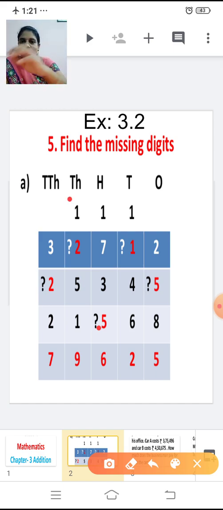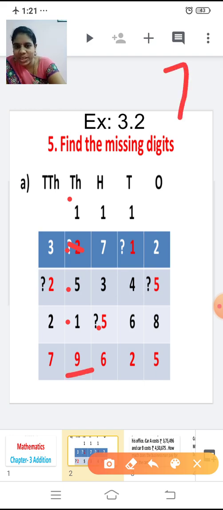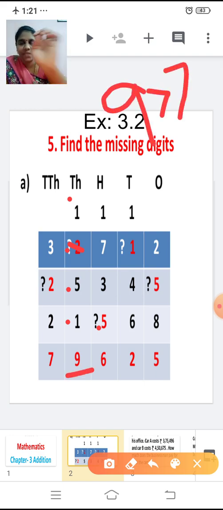So this 1 is carried over here. Now let's add the thousands place now. This we are going to find out. 1 plus 5 is 5 plus 1. 5 plus 1 is 6. With 6 I am going to add 1 more to it. 6 plus 1, 7. See the answer 9. It is greater than 7.